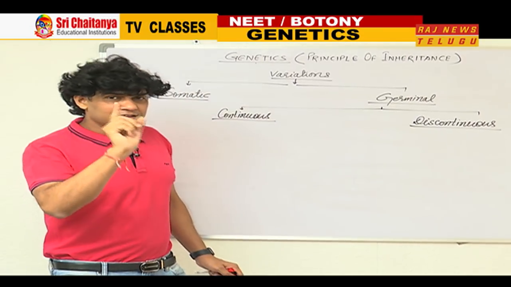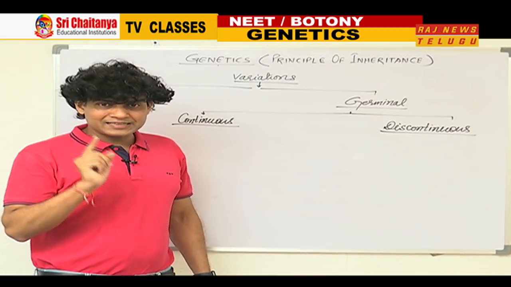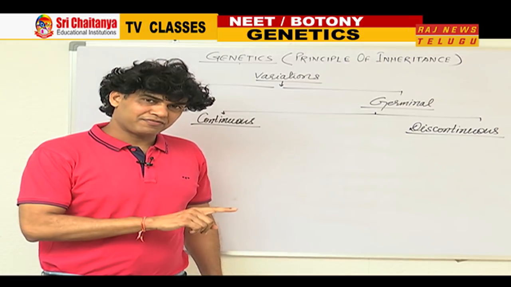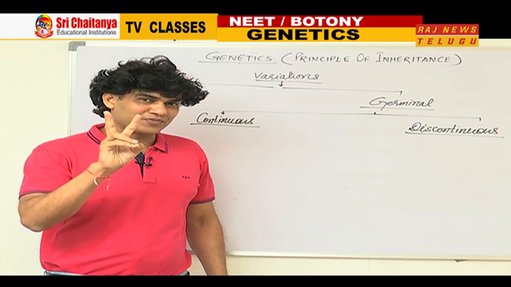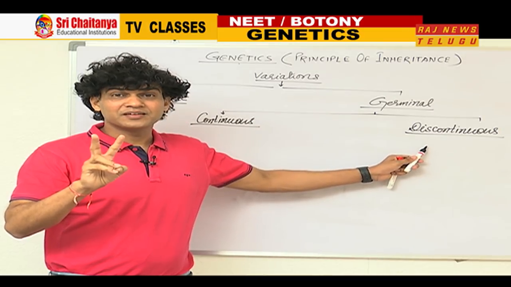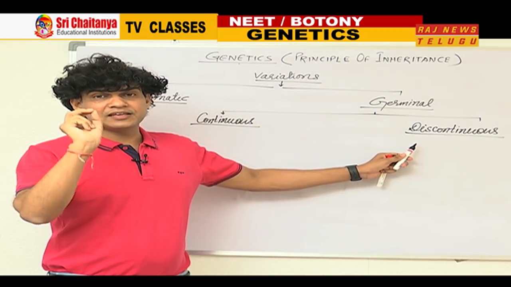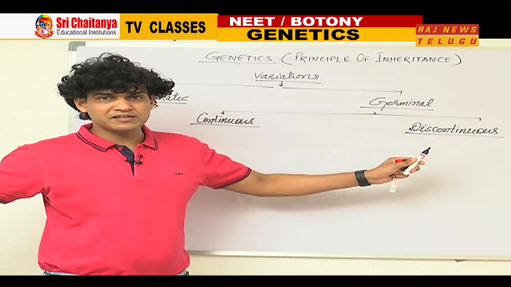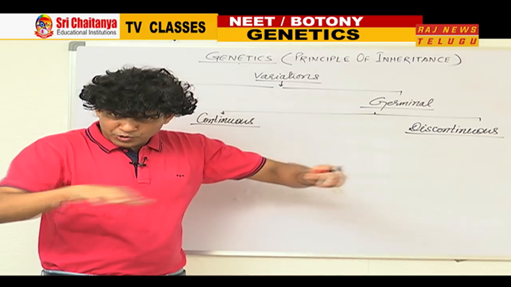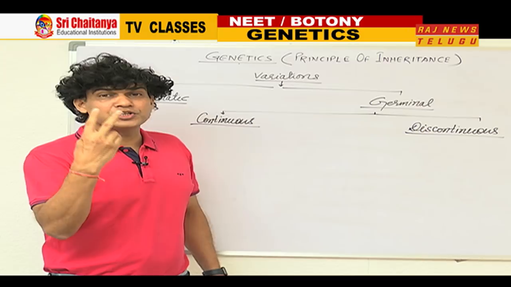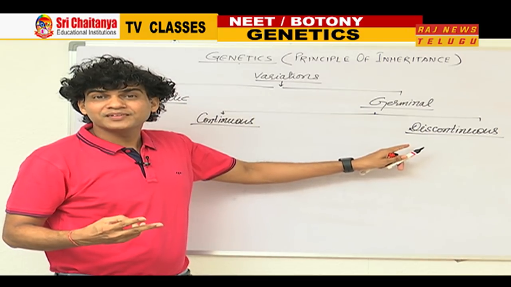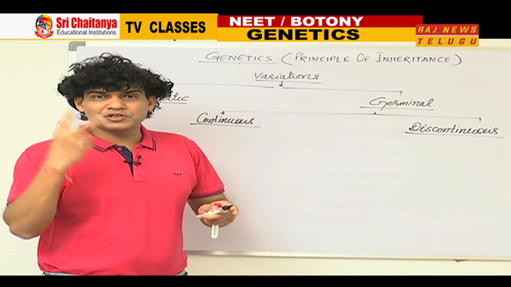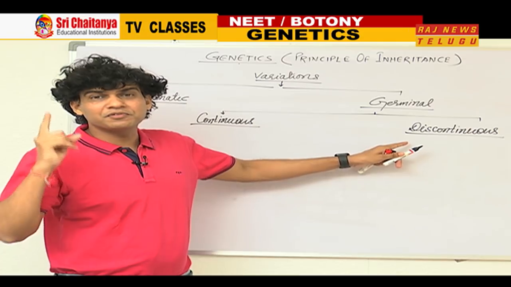Just for example, in case of the Pisum plant, the garden pea plant, the plant may be either tall or dwarf, meaning only two distinguishable forms, discontinuous variation. Shape of the seed in case of the pea plant varies only between two forms, round seed and wrinkled seeds. Means continuous distribution? No, only limited distinguishable forms, discontinuous variation. Shape of the pod either inflated or constricted, meaning only two variable forms, goes in the category of discontinuous variation.